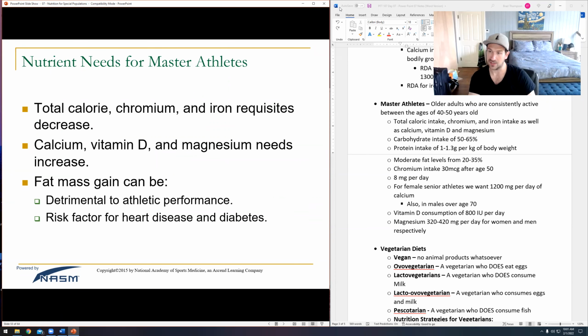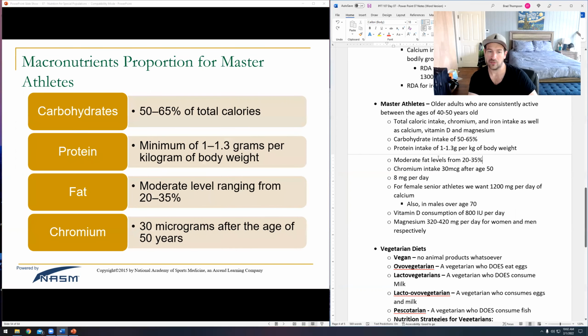You also want to make sure that you're keeping an eye on calcium intake. Osteoporosis is very common among seniors, so we want to make sure we have enough calcium to keep our bones healthy. Vitamin D to use that calcium. Remember the sunshine vitamin D helps us absorb calcium more effectively. Magnesium, chromium, and iron, making sure that we have plenty of minerals in order to make certain materials. And then paying attention to their protein intake, anywhere from 1 to 1.3 grams per kilogram of body weight is going to be recommended.